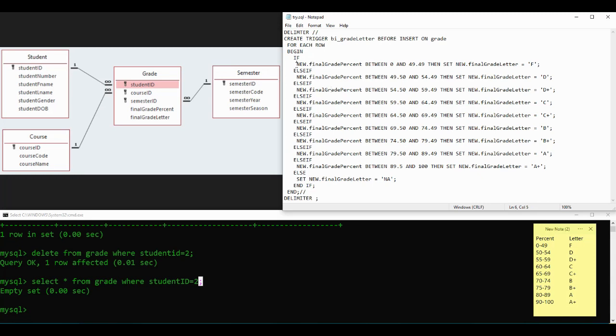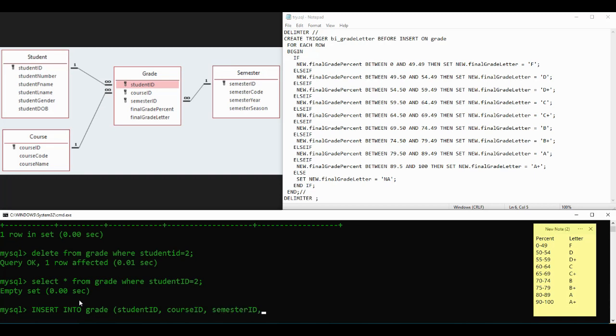You'll notice this word called new. What does that new word mean? That's what's called a pseudo record, and you have an option of using new or old. So let's go down here and I'll show you something. If I type in insert into grade, student ID, comma, course ID, semester ID, and final grade percent, and my values are